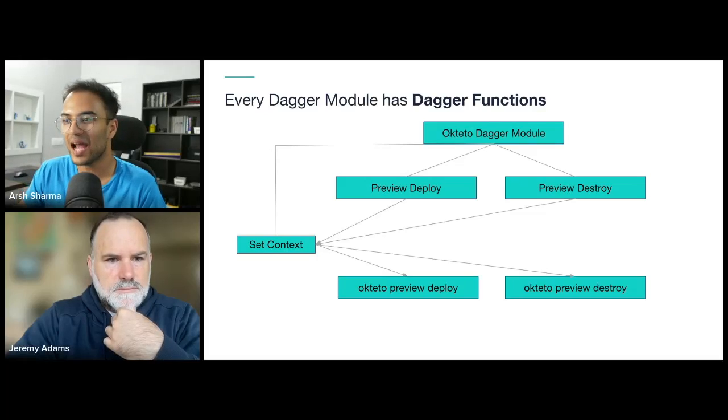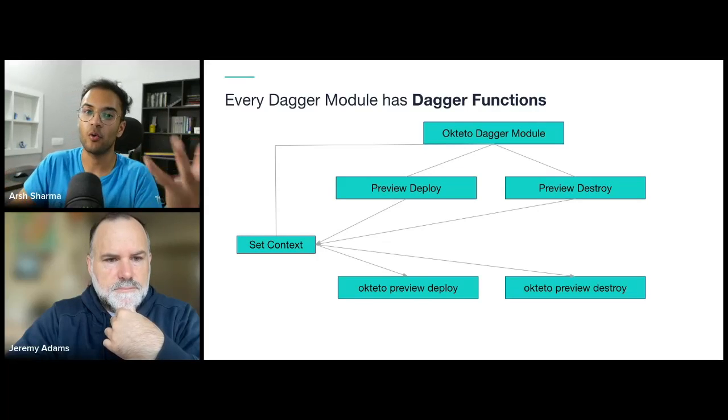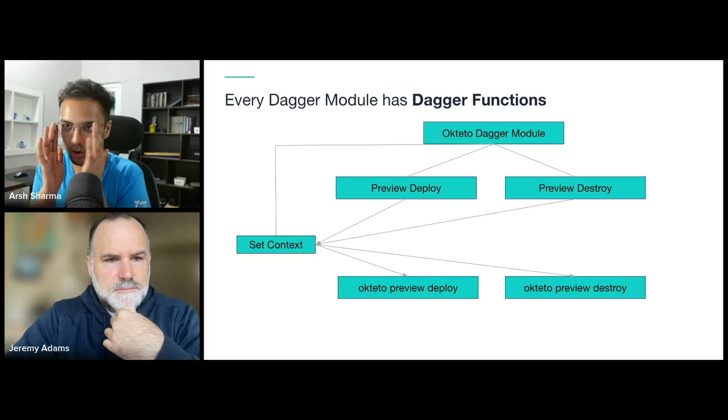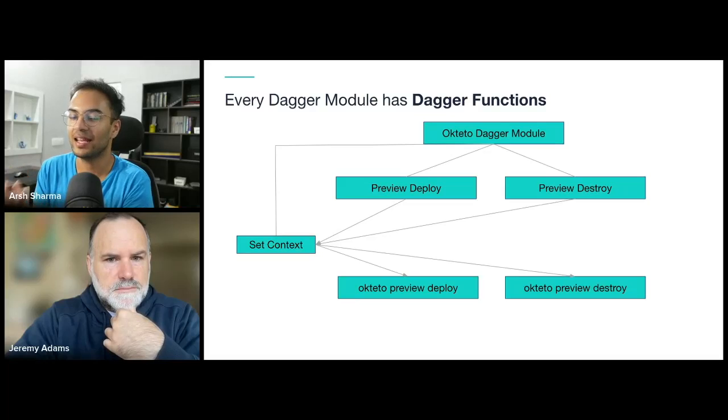So you can see how simple it is to write functions and Dagger modules for your own tool, right? Because you know what commands are relevant. All of your product is sometimes not relevant for everyone, so you know the pieces which are relevant to a particular set of people, and you can abstract that away in a Dagger module, and you can slowly